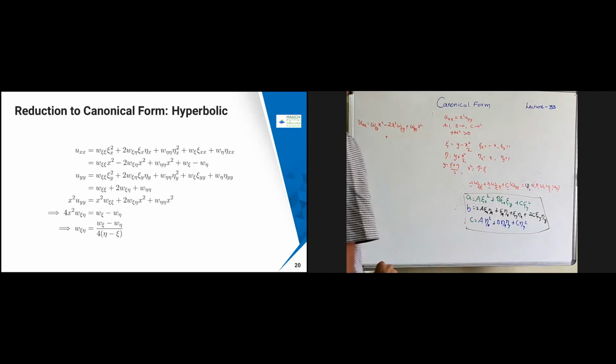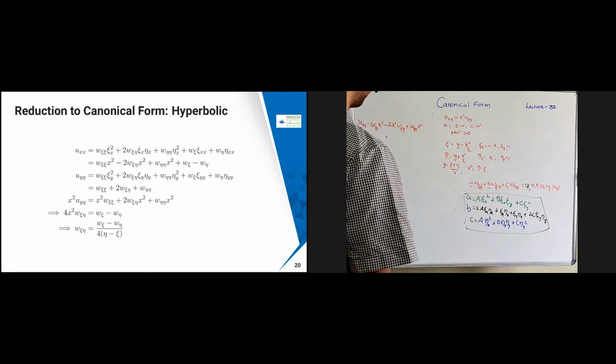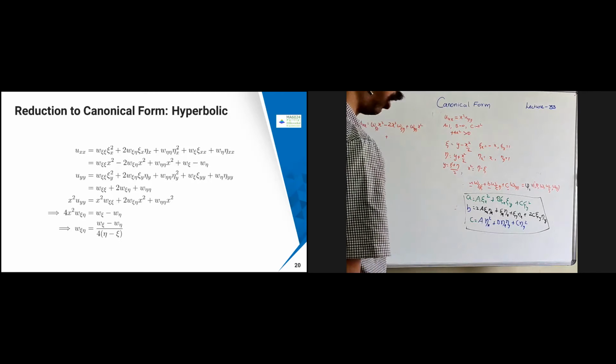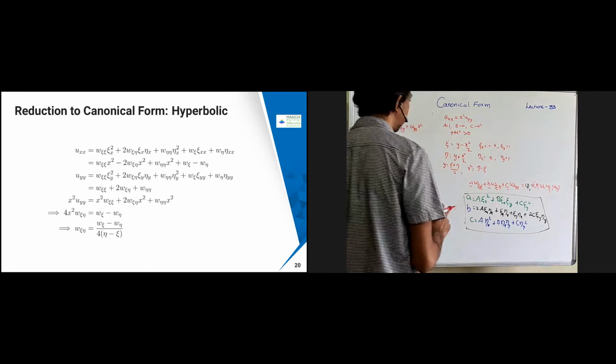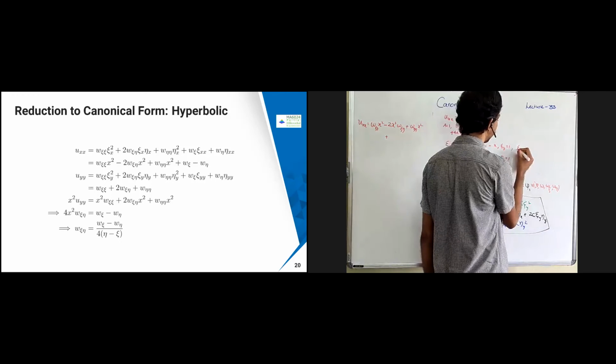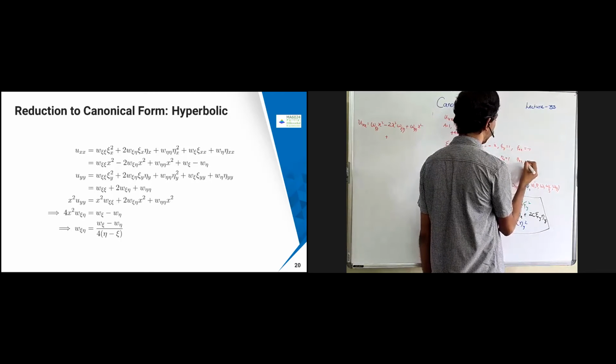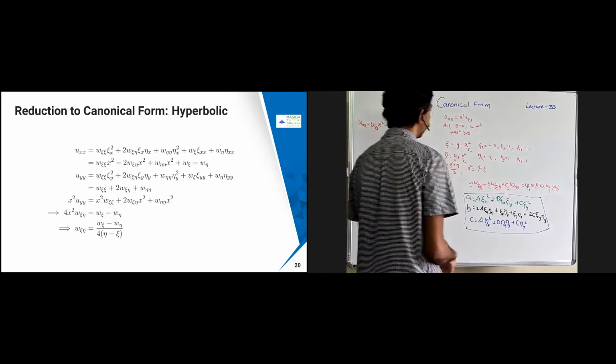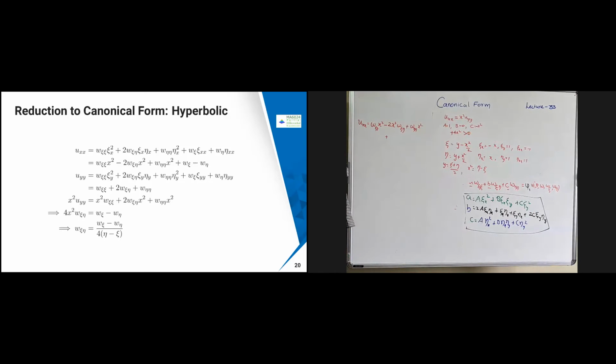So other terms are like w chi into eta xx, or chi xx is going to come. So in this case chi xx is going to become minus 1, and eta xx is going to become 1. Remaining all is going to become 0. Okay, so chi xx is equal to minus 1. So in this case you are going to get minus w chi and then plus w eta is good. Similarly, you can find uyy. Okay, only these two are required. Remaining things are not required.